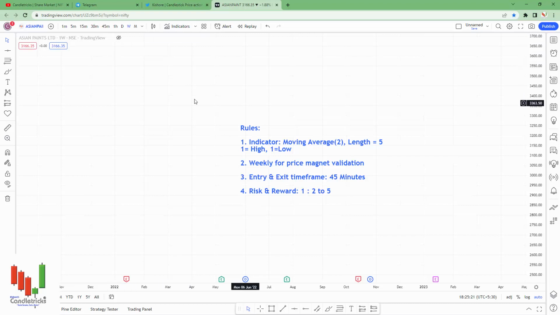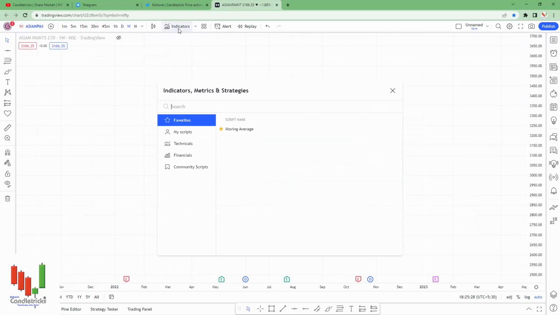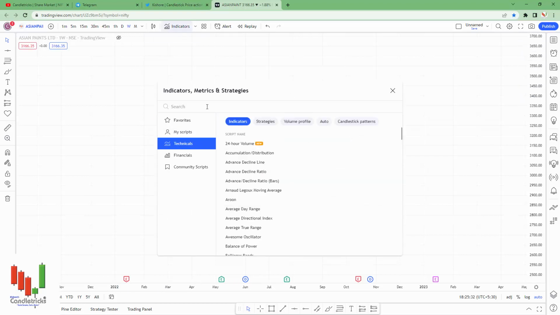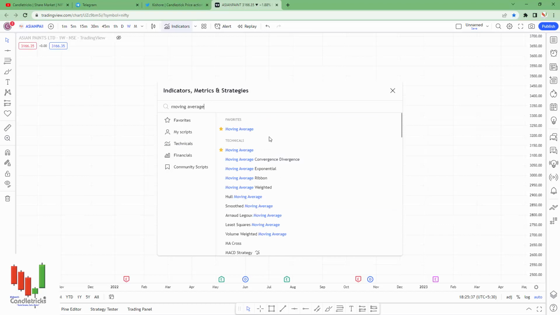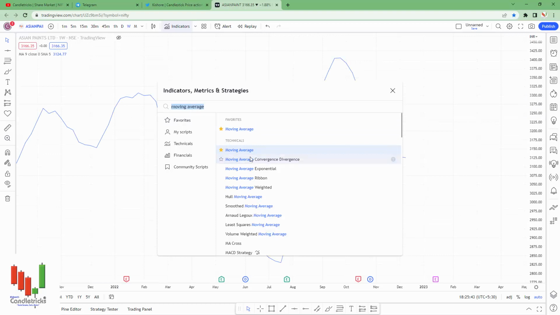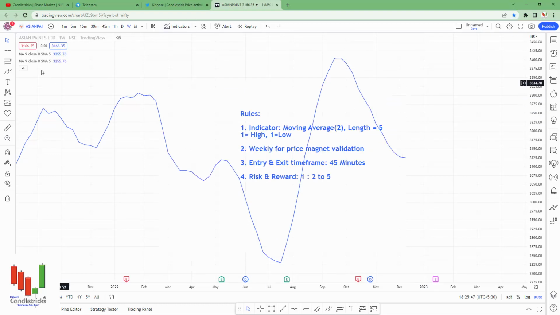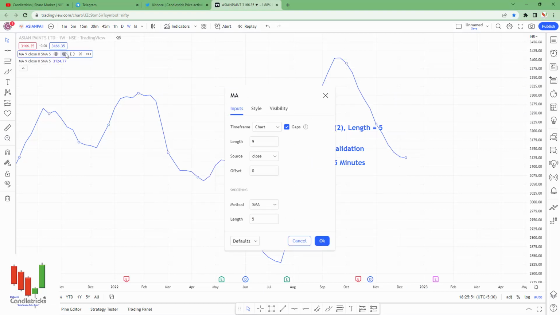So this is the TradingView application. Go to the indicator section and search moving average. You will get n number of averages. You just click moving average only. First time I clicked and it was plotted. Again you have to click, then you will get one more indicator. Okay, see here, two indicators I added, and you need to click the settings button and change the length to 5,